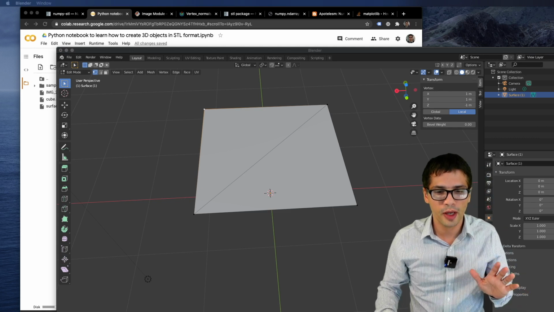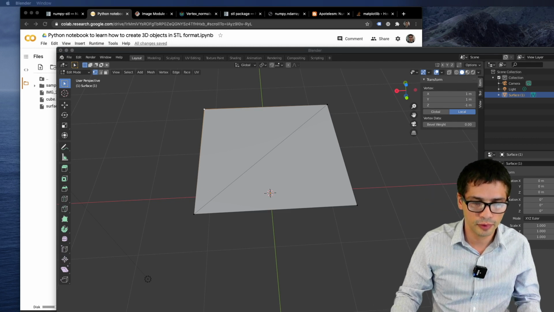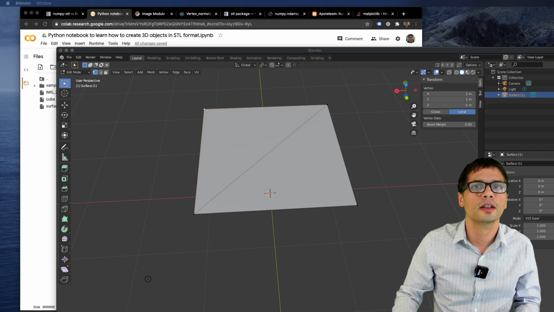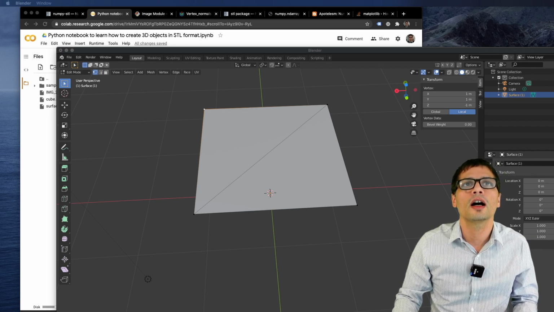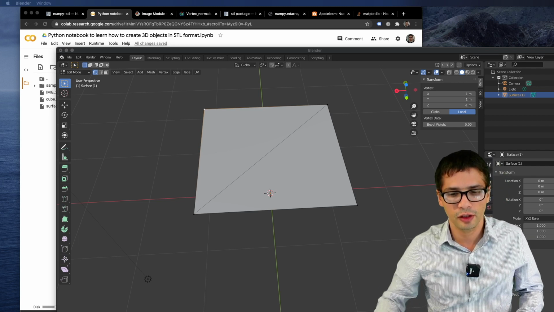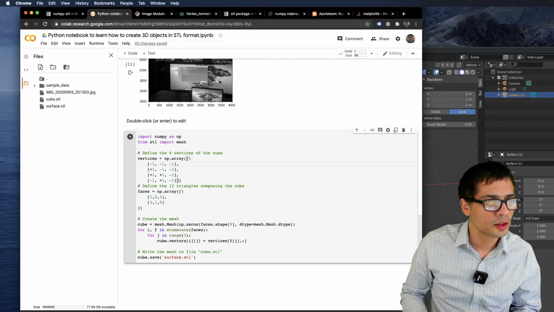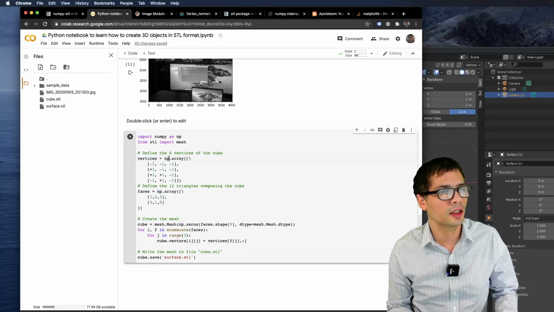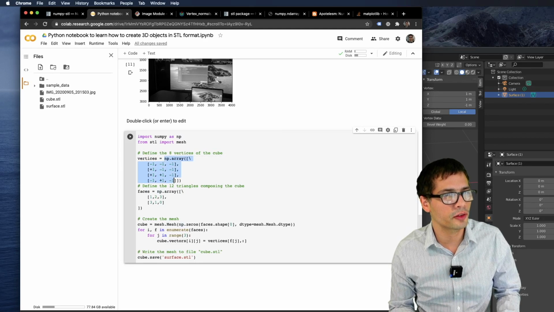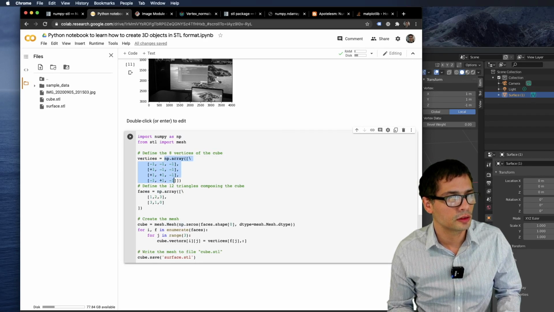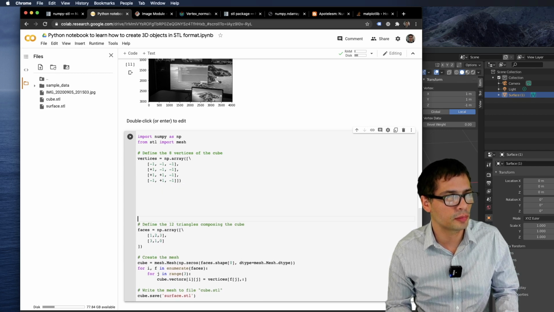And that should always be our concern. Don't necessarily try to be the smartest. Don't come up with the smartest solution. Come up with a solution that works first, and then you can work out from there. So the way we created a NumPy array right here, we just provided a list of vertices. So we enumerated all the vertices, which we can't really do properly like that now.